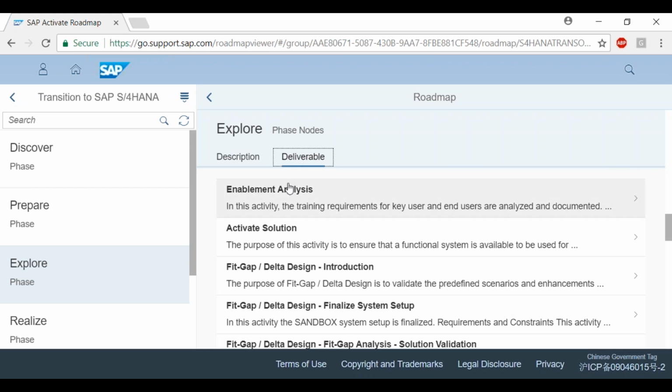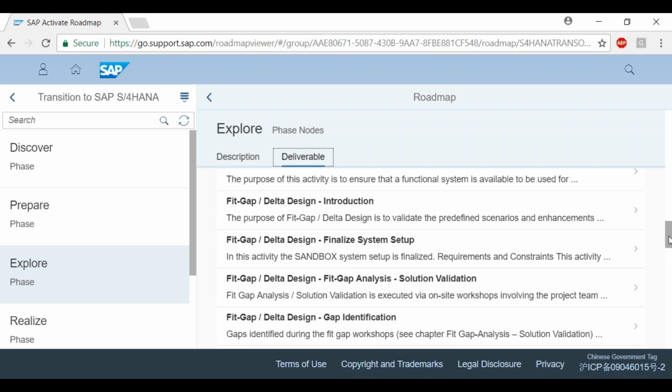So not only deliverables, but what are the activities that you are going to do? You are going to activate the solution. You are going to perform the fit gap design document. Introduction, sorry, this is not a document. So within the fit gap, you start with the introduction, you finalize the system setup, you perform the solution validation with the end users,